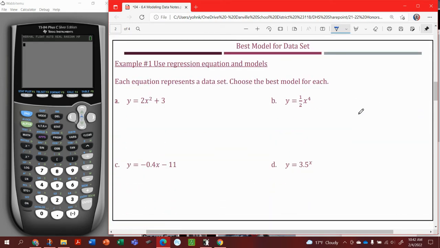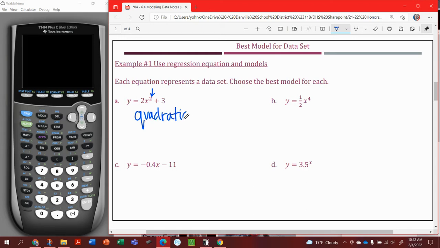First, let's look at the equations before we look at the data, and let's figure out which equation represents what kind of data set. We can also call it the best model. So if we look at letter A, y equals 2x squared plus 3, the little 2 up in the exponent tells us that a quadratic function is going to be the best. If we look at letter B, y equals 1 half x to the fourth, that fourth power is telling me